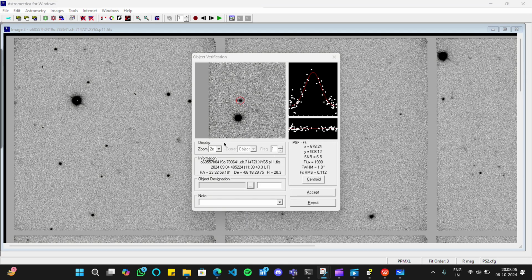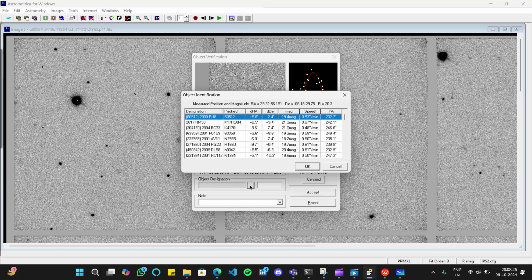How do you give a name to an asteroid that you find from these images provided by the Pan-STARRS telescope? You have to click here. Many times, some asteroids have already been named by someone else and are not spotted by the known object overlay. So we should check here whether dr and dd are 00 or not. If it is not 00, then it is perfectly fine, meaning it has not been named by someone.